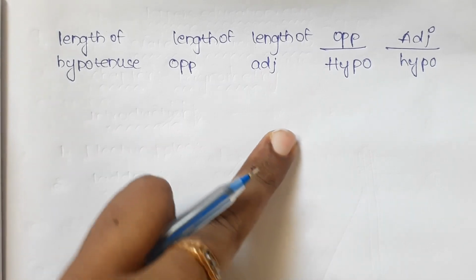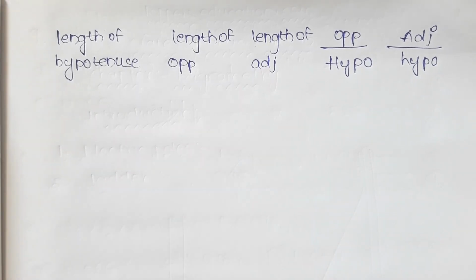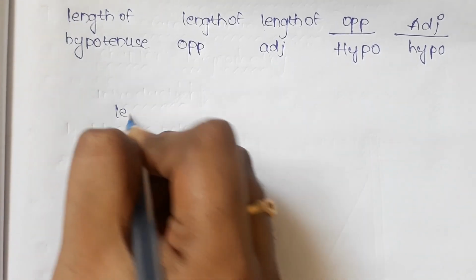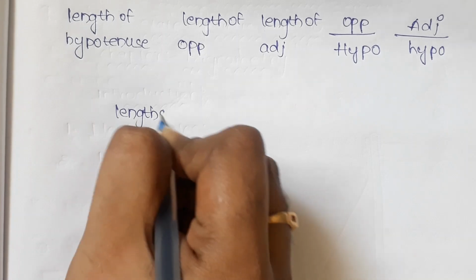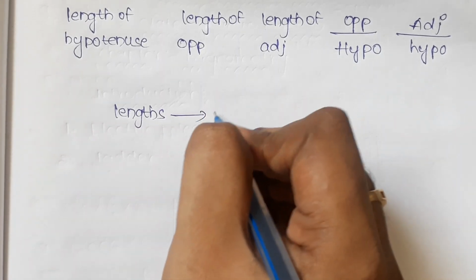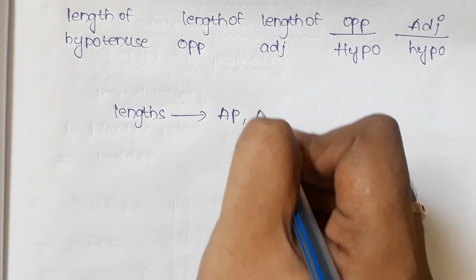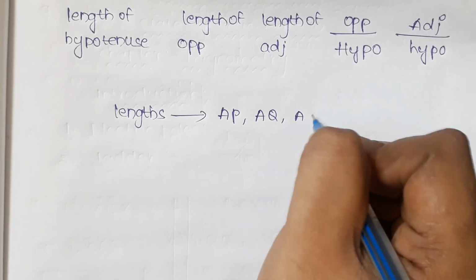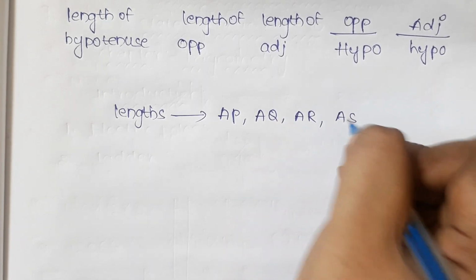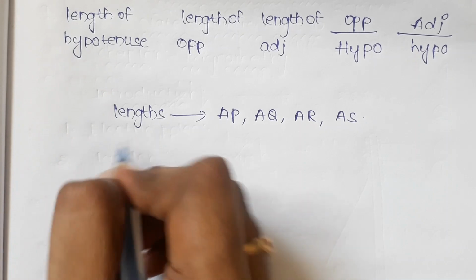And we should find all these from the figure. And now, here the lengths to be found are AP, AQ, AR, AS, and ratios